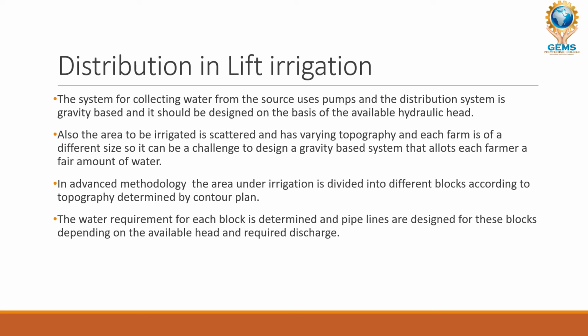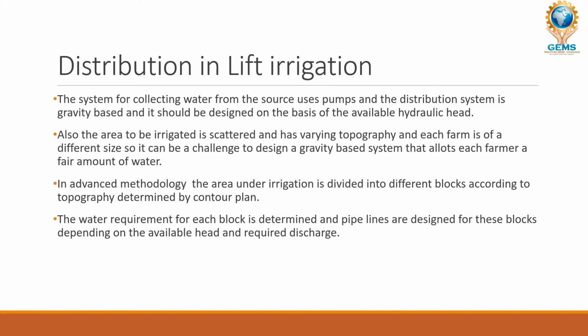You also have to see whether the available hydraulic head HL is being maintained. Then, in the second point, the area to be irrigated is scattered. From the main chamber, or the primary chamber, you are going to irrigate the land, passing the water through the canal. You have to see whether the canal passes through each and every irrigated land present in its path. Only then will sending the water through this canal be efficient.